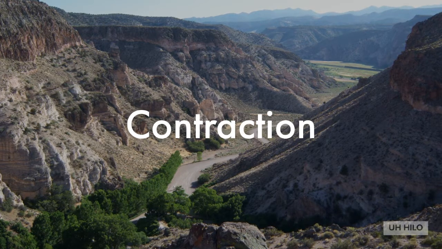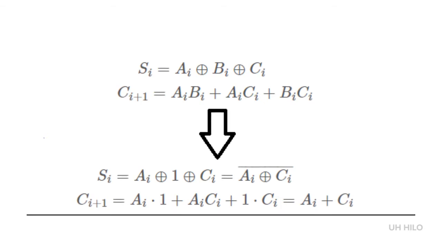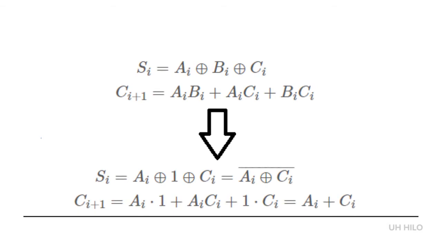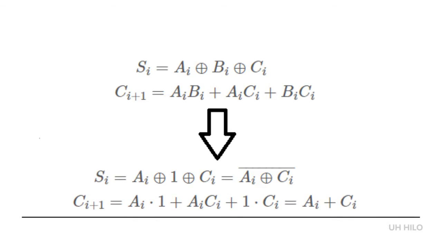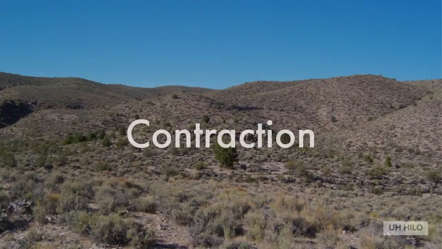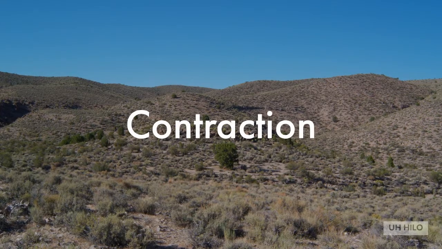Let's take a look at contraction using Boolean equations. We'd like to make a circuit called add1. The circuit add1 is to be designed to form the sum S_i and carry C_i+1 for the single bit addition A_i plus 1 plus C_i. This addition is a special case with B_i set to 1 if the addition is performed by the full adder. We can make the new circuit by obtaining the equations and then simplifying them to get a simpler version of the equations. We can also perform contraction directly on circuit diagrams with rudimentary functions applied to function block